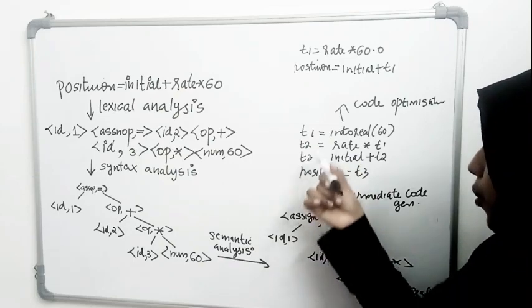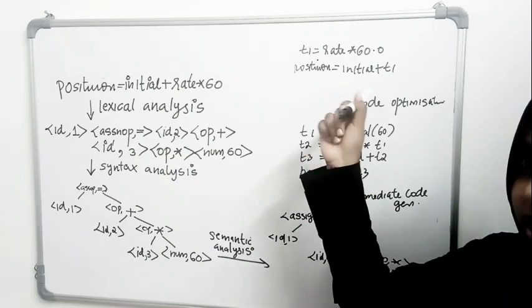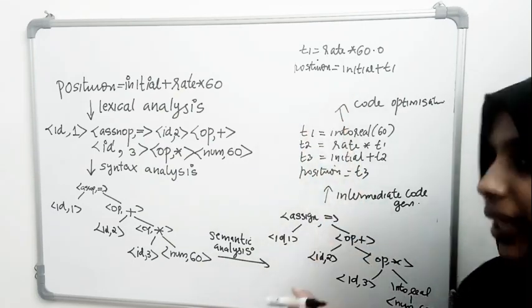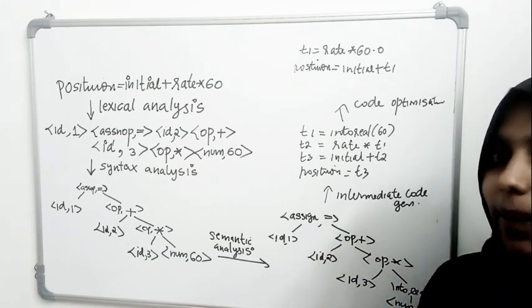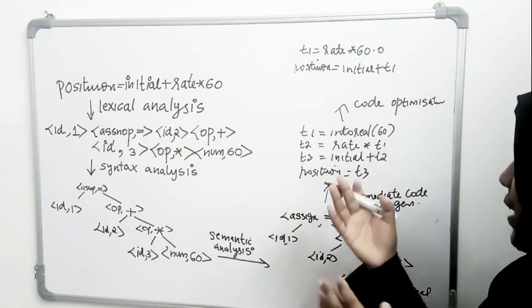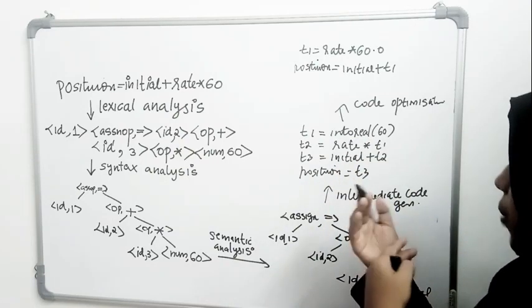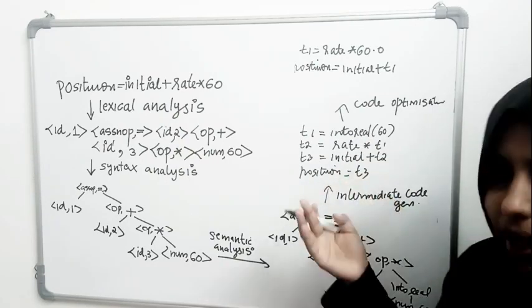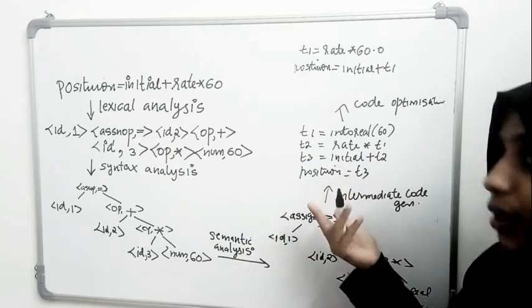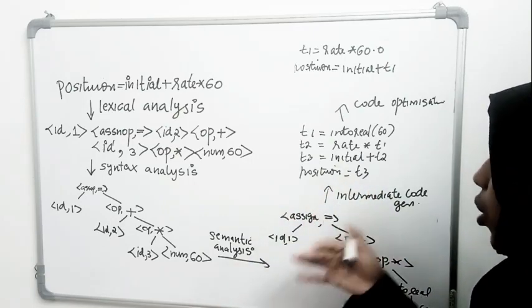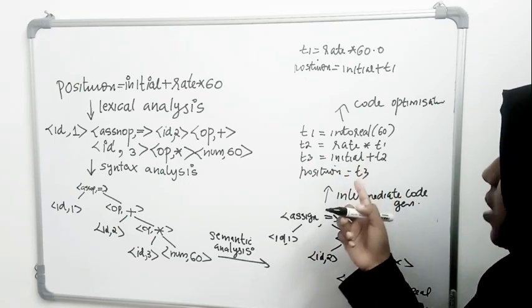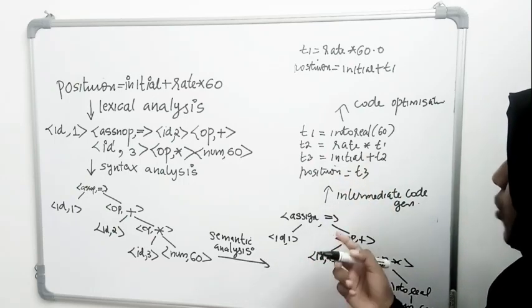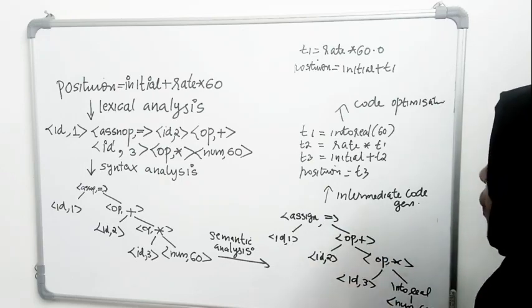That is, instead of 4 lines of code here, we just have 2 lines of code here. That is, we have reduced the space taken by the program to run to its completion. The unnecessary code is avoided. So that is a kind of optimization. We will see code optimization later in some videos. So this is code optimization. So the next phase is actually the code generation.